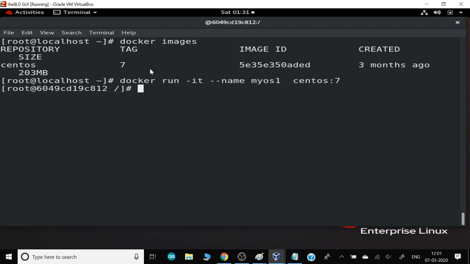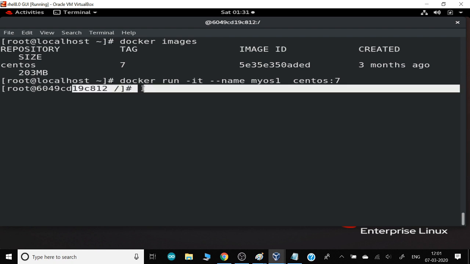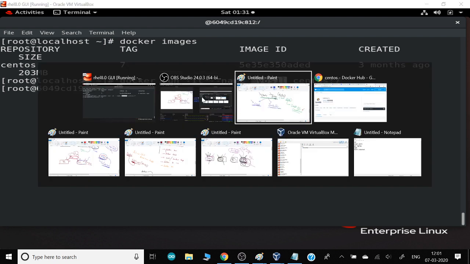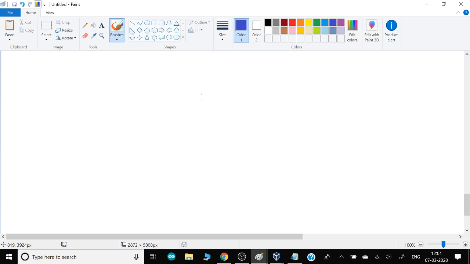Okay, so now this is your new OS, name my OS 1. So let me keep on writing here what I am doing, so you guys can sync with it. Technically, we have downloaded from the hub, called Docker registry, one image called CentOS